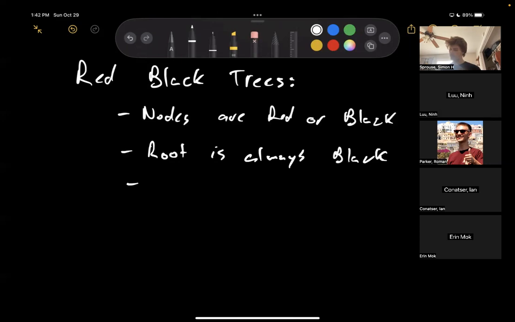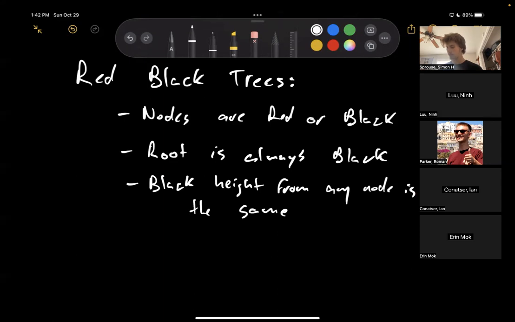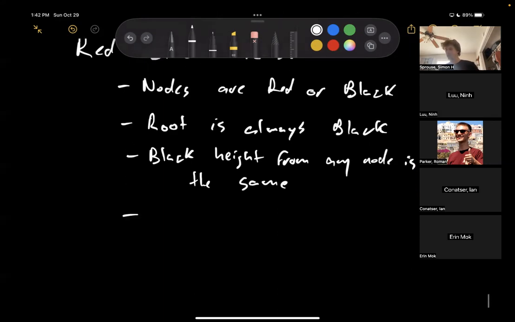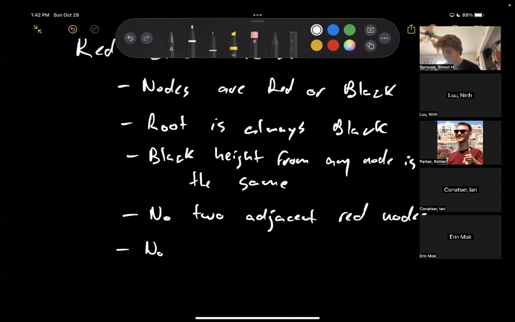See some other rules. We've got black height from any node is the same. And I'm going to talk about what this means in a second. And then our last rule is that no two adjacent red nodes. And I'll also talk about what that means. And then also, I guess, when nodes are inserted